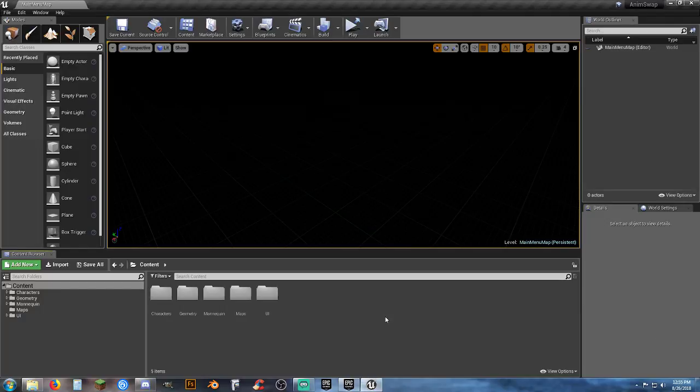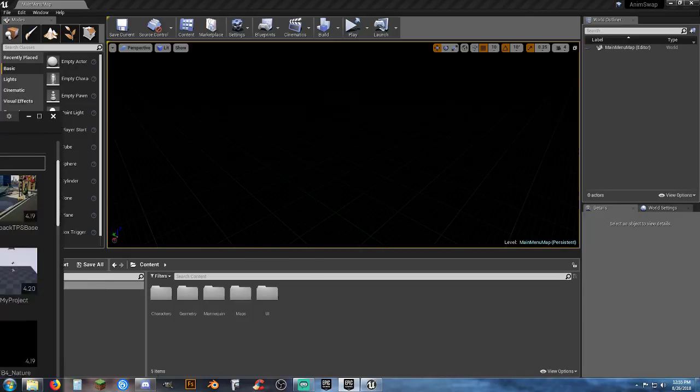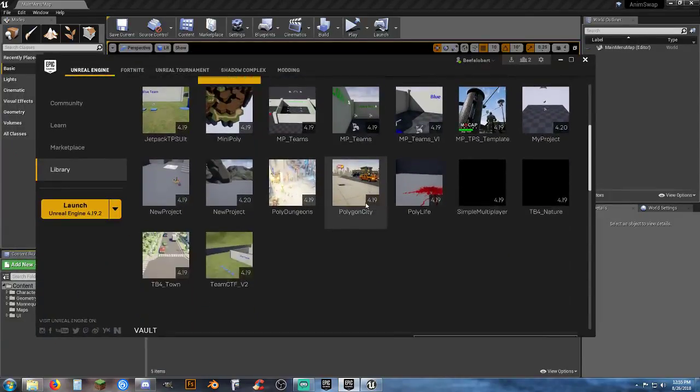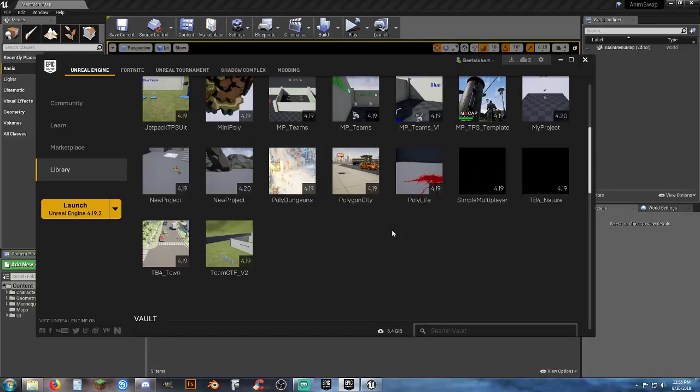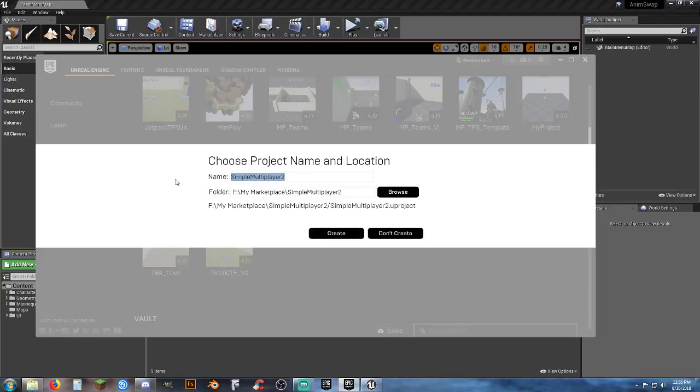All right. So, what I've got here to start off with is a blank clone of my simple multiplayer template. And if you've already got a copy of it, then all you really have to do to start a fresh project is find where it's located. And I'm using the 419 version. It's all the same thing. Just right click on it, select clone, give it a new name,